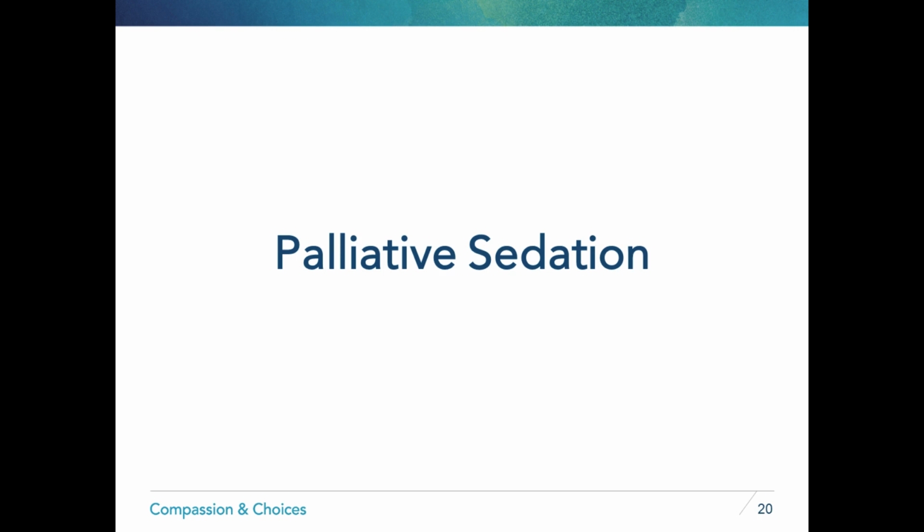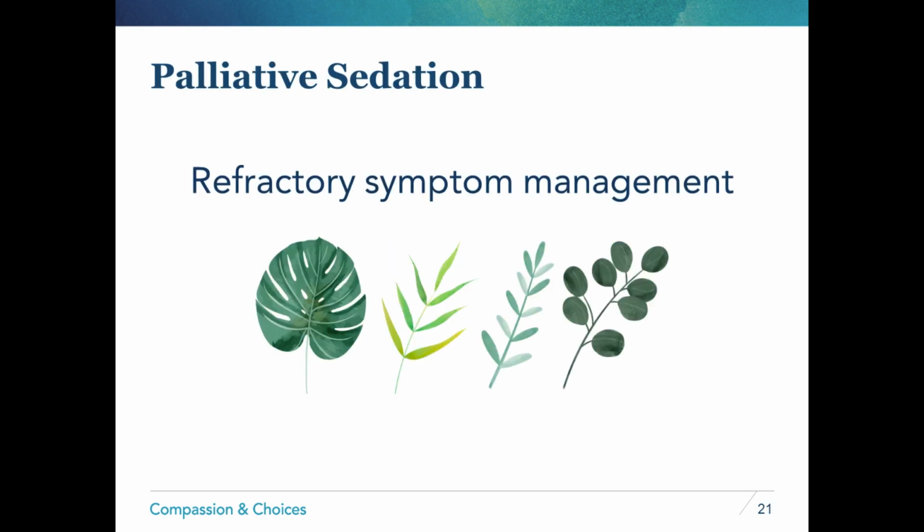So I just want to make a note here. Whereas hospice and the voluntary stopping of eating and drinking and medical aid in dying are all patient-driven, palliative sedation is not. So palliative sedation should be physician-led based on someone's symptoms. So it's essentially a nice way of saying refractory symptom management, meaning that if you have a patient, and oftentimes these patients are already enrolled in hospice or are already admitted to the hospital for profound symptom management,